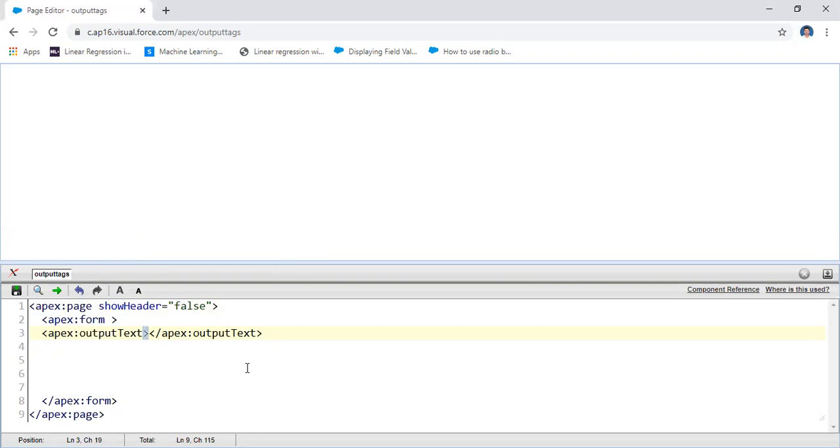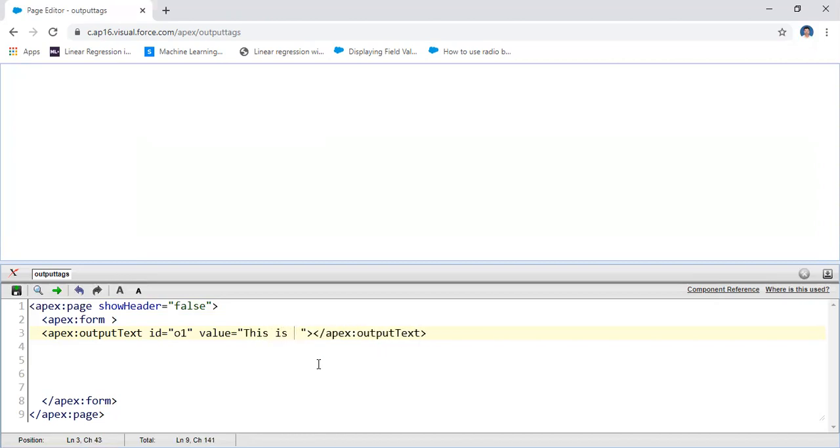What are the attributes here? You may write the id. Id is a string, which differentiates it from the other ones. For example, let us assume the id here is O1. The other one is the value attribute. That means for this particular text tag, I am going to write some information. For the input, you must take the value attribute as a binding value, not just any value.